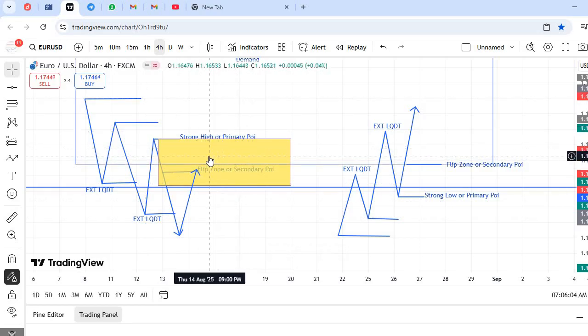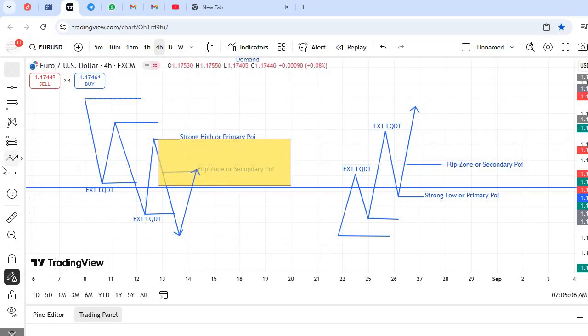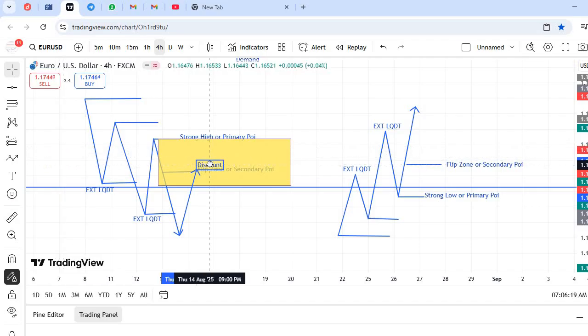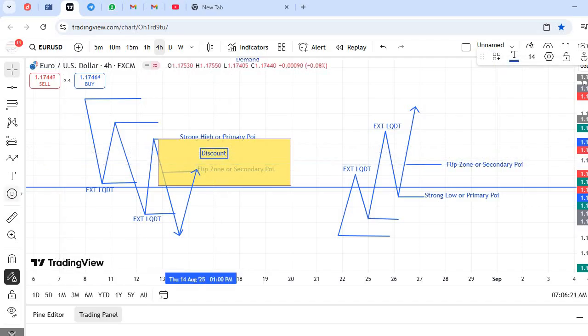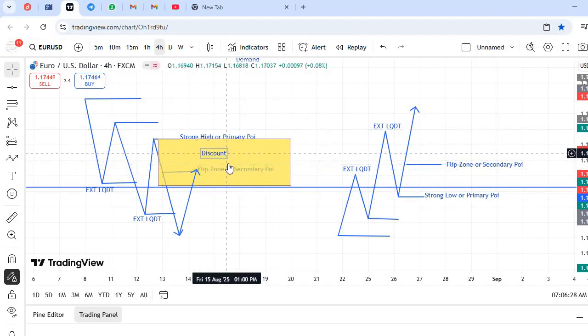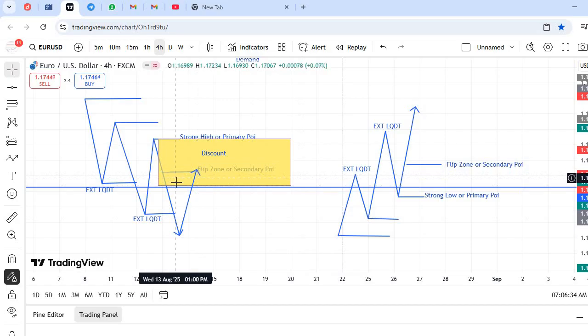So this zone now is a discount zone. Don't forget. Sorry, you want to sell from the discount zone. I said buy. So you want to sell from discount. But this is a downtrend, so you want to sell from this zone. Understand? So the next thing you now want to do is look out for your flip zone or your secondary POI,